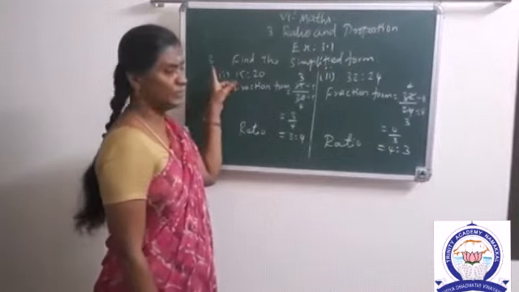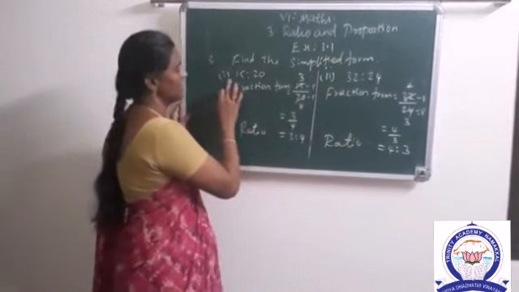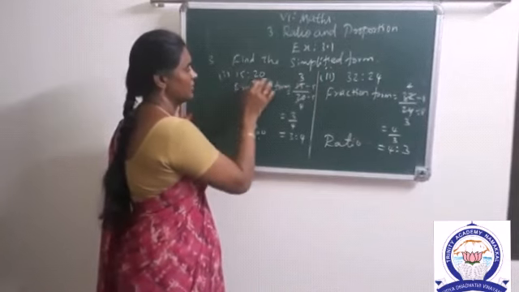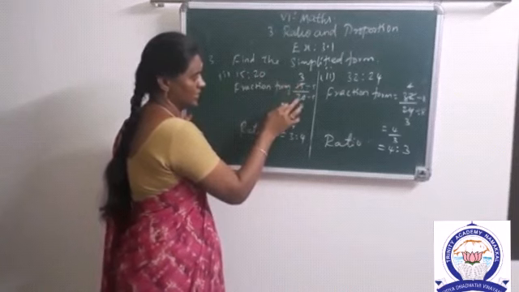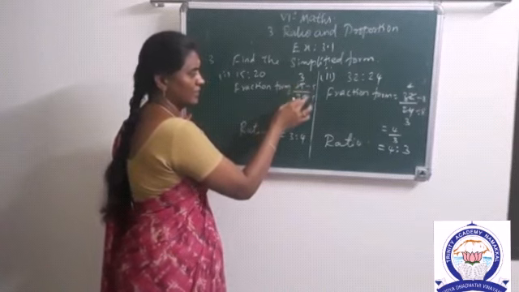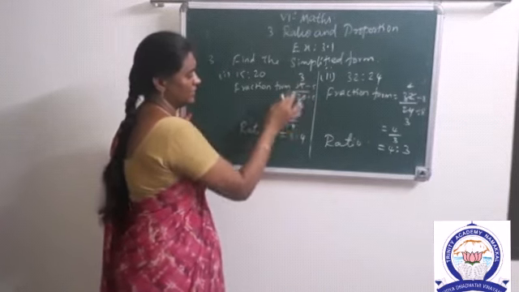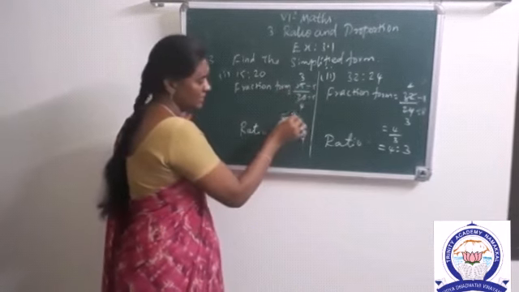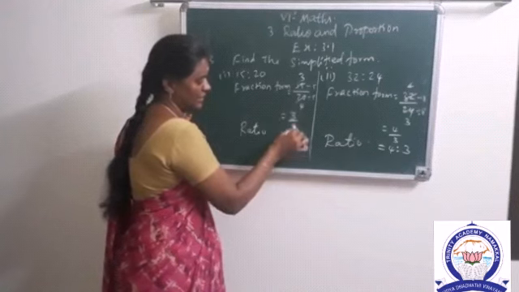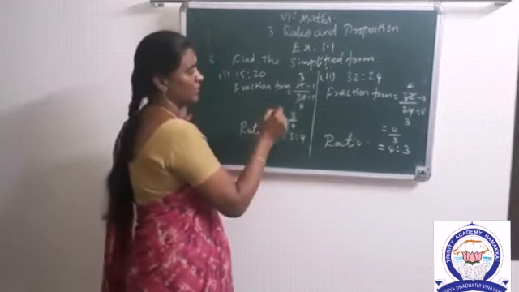See, third one is, find the simplified form of the given ratios. Okay. See, first question is 15:20. Ratio is the form of fraction. So we write this ratio in the form of fraction. 15 by 20. 15 and 20 have the common factor 5. So we divide by 5 table. How many 5? 3 5s are 15. 4 5s are 20. So this one we can write 3 by 4. Okay. Again we write this fraction in the ratio form. First we write the numerator 3:4. Here the order is very important. 3:4.